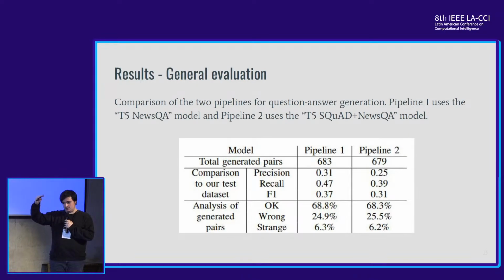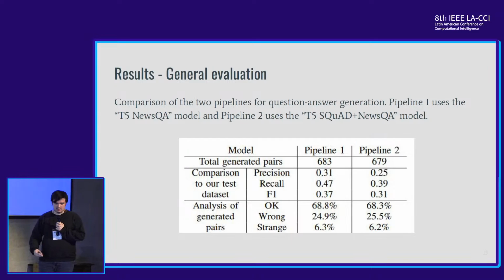So in the next evaluation, now we evaluate the entire pipeline, so not only the question generation phase, and over our dataset. And here, pipeline 1 uses the NewsQA fine-tuned model, and pipeline 2 uses the SQuAD and NewsQA fine-tuned model. As you can see, both models generate pretty much the same amount of question and answer pairs. And our automatic evaluation gives not particularly good results,